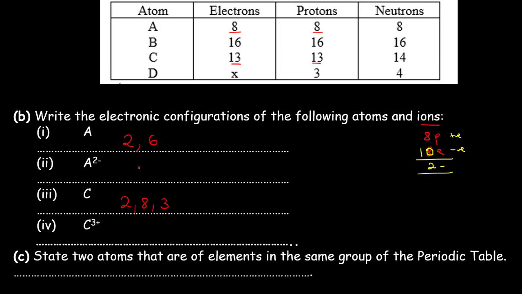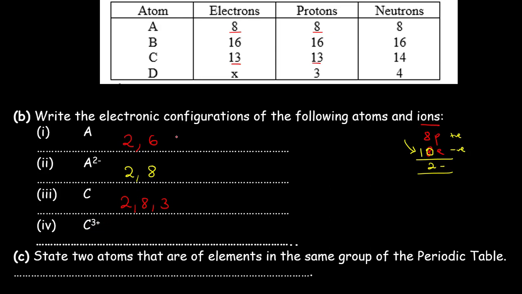So we shall have 2 extra electrons. So our ion of A actually has 10 electrons. So electronic configuration becomes 2, 8, such that the sum is now 10 instead of the initial 8. So the same is going to apply for our